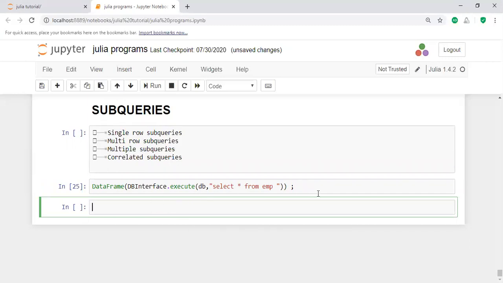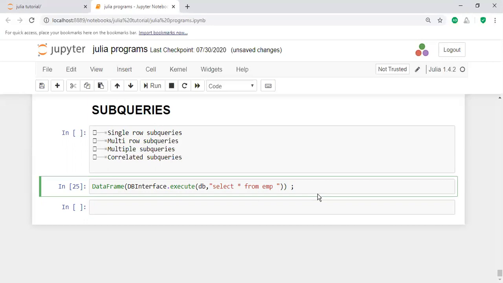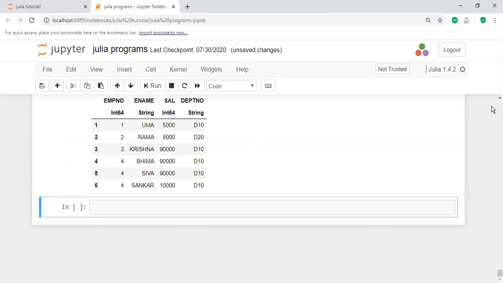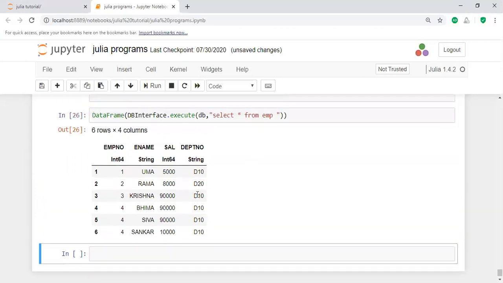The employee table consists of what values? Employee 1, employee 2, and employee 3 with salary and these values. The employee table has the employee number, employee name, salary, department, and the rows.